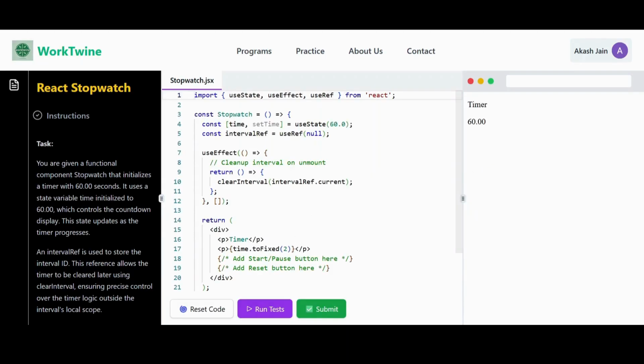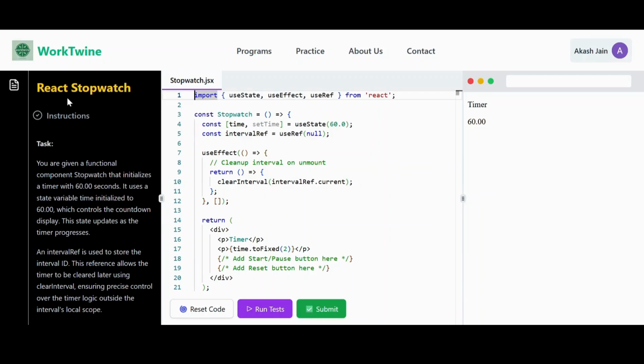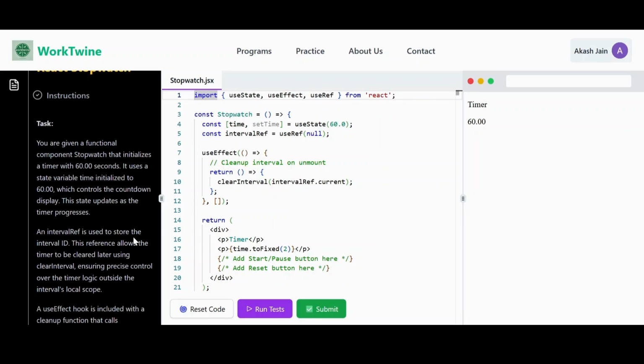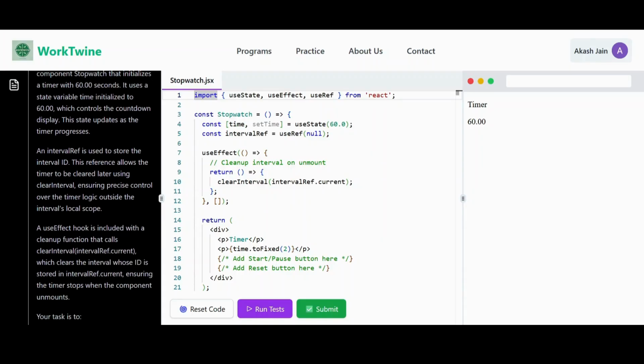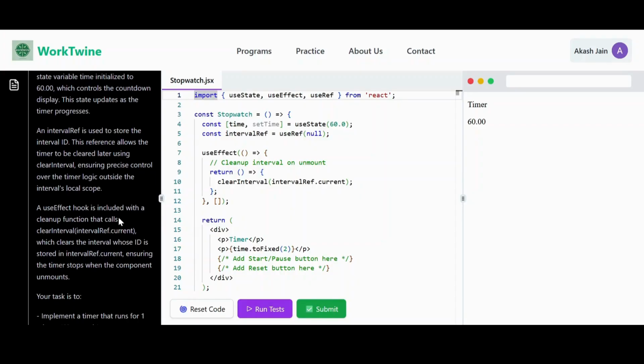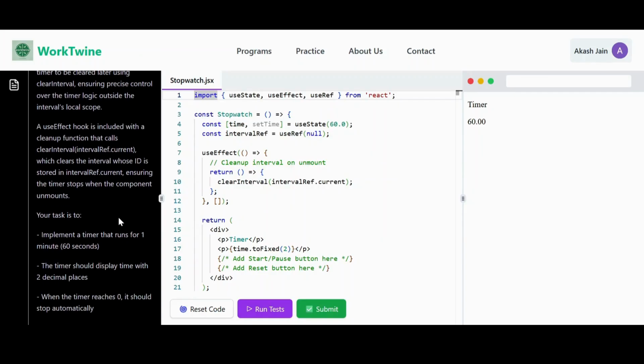You are given a functional component Stopwatch that initializes a timer with 60 seconds. It uses a state variable time, initialized to 60, which controls the countdown display. This state updates as the timer progresses. An interval ref is used to store the interval ID. This reference allows the timer to be cleared later using clearInterval, ensuring precise control over the timer logic outside the interval's local scope. The useEffect hook includes a cleanup that clears the interval, making sure the timer stops when